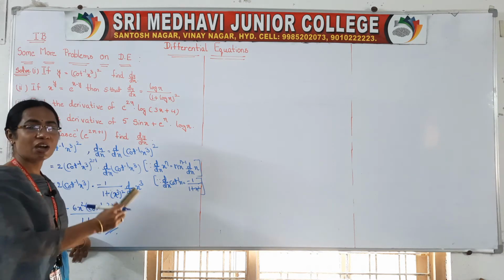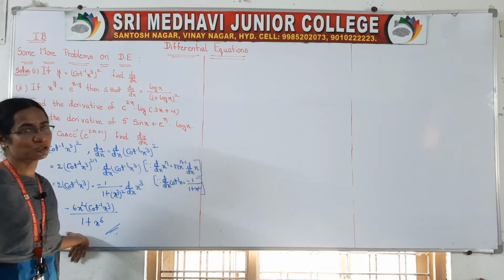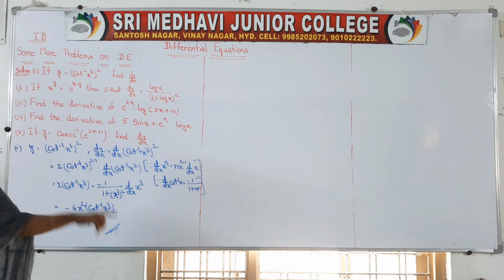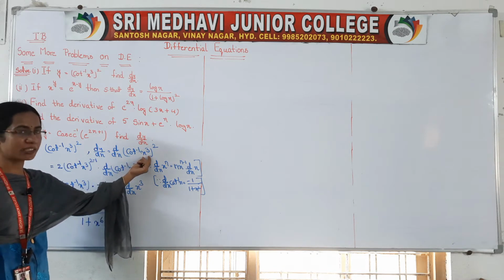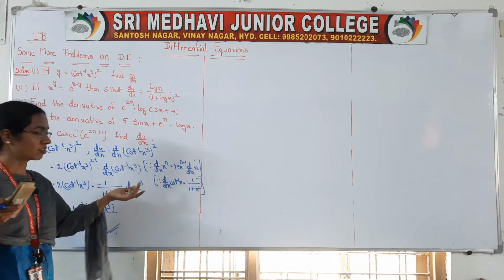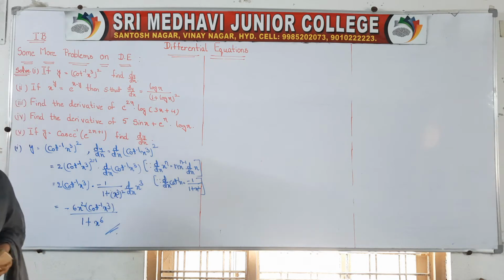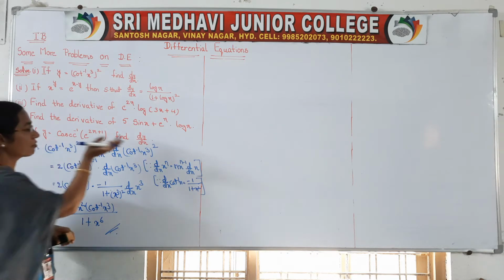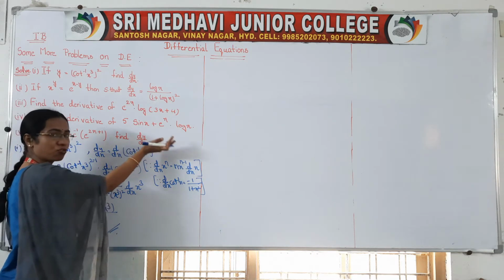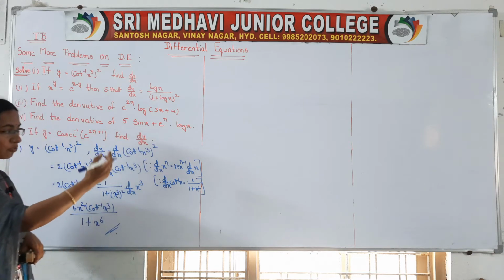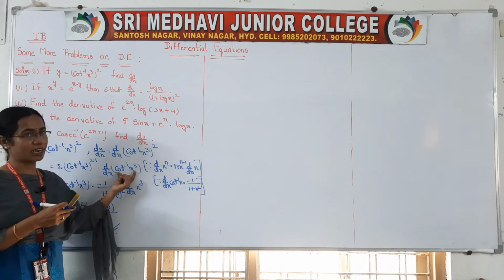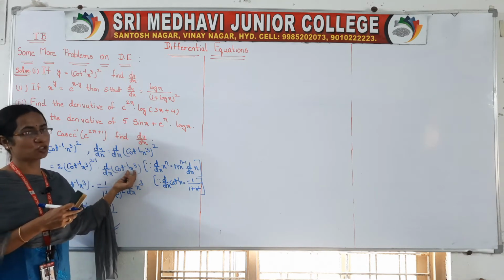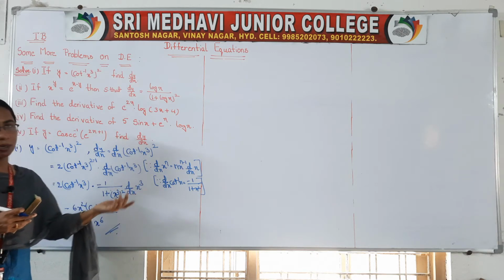We have already gone through all these formulas so many times, that's why I am doing it fast. It is very simple, a cot inverse x form, but instead of x we have x cube. First, the variable to the power of n form: n into x to the power of n minus 1 into d by dx of x. Next, again in that form, instead of x we have x cube. Apply the cot inverse formula.